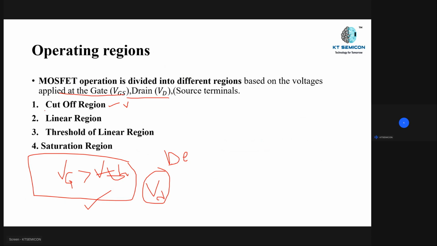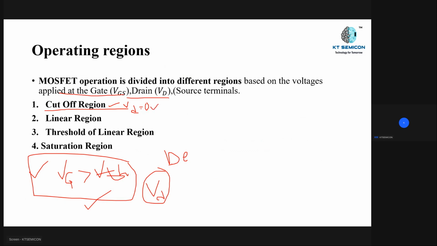The first one is the cutoff region. How is the cutoff region formed? Whenever we apply the VD voltage as 0. My channel is there because of the gate voltage, but my VD voltage is 0. We are not giving any voltage at the drain. What happens? Even though the channel is there, there is no conduction of current